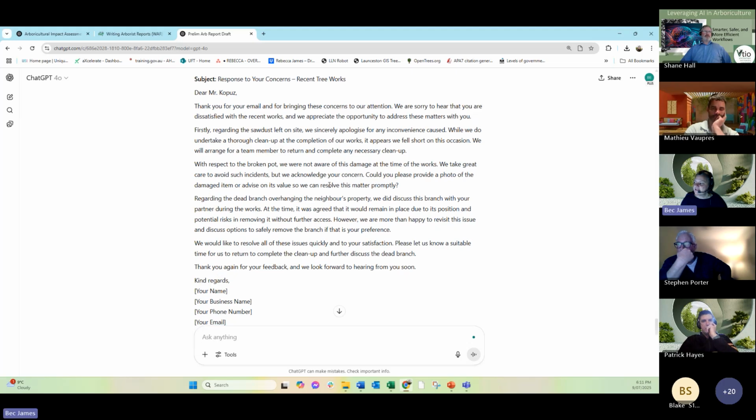and we can tailor this. We can tailor this as well. So if, for example, for this hypothetical situation, you thought that the site had been cleared of sawdust, you might add the prompt requesting, can the client send you photographic evidence of that?